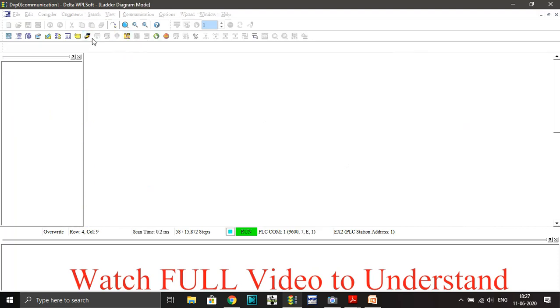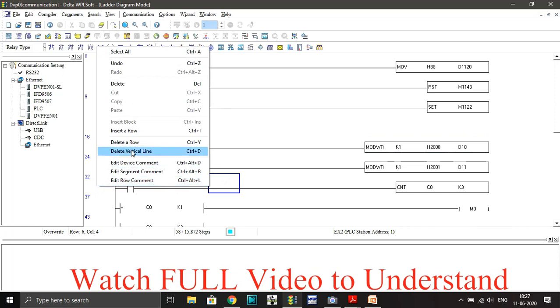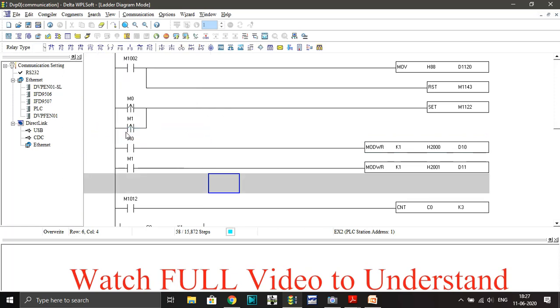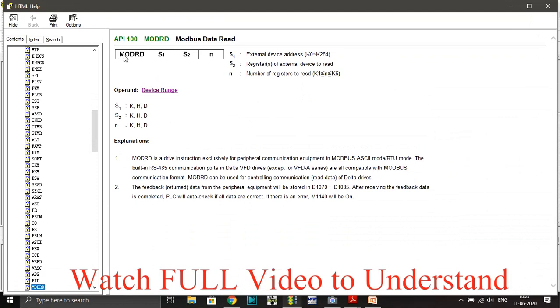So I will stop this PLC right now, and to read from the VFD, we have a command which is called mode read. I will extend this. So this is the syntax of mode read: S1, S2 and N. It looks like the mode write, but with a little bit of difference.